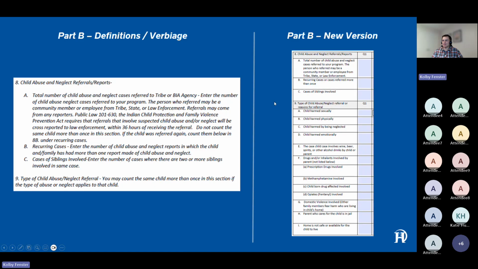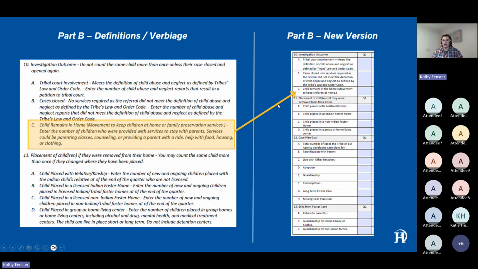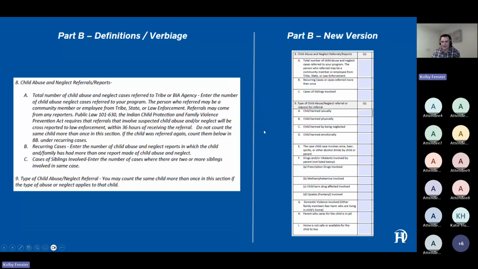And now we'll move on to questions 9 and 10. Now we're going to be looking at the investigation outcome section. Sorry, real quick, I accidentally skipped a slide. I was looking at the wrong one. My apologies. So yeah, this bottom question 9 here, where we talk about the types of child abuse and neglect,